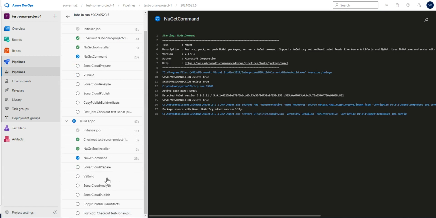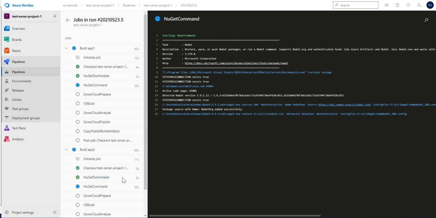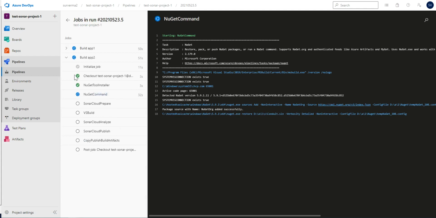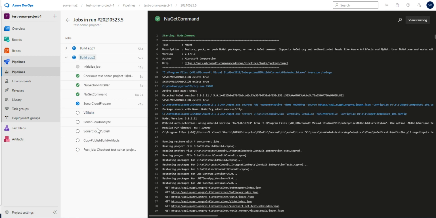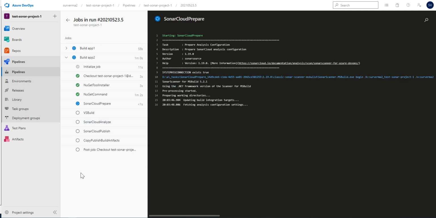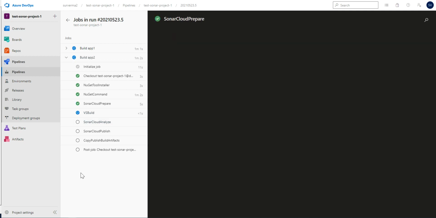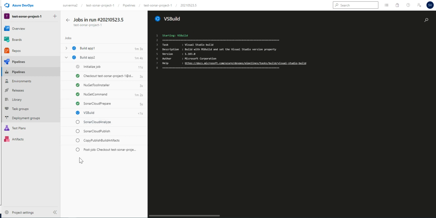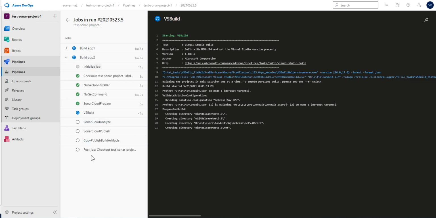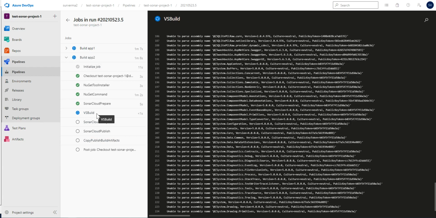So we can see both jobs are running in parallel. Now, because I have a limit of 10 parallel jobs in my free plan for a public project, I'm able to run these jobs in parallel. If I trigger an 11th job at the same time, it will not start. It will only start when one of the earlier jobs ends or stops, right? So this is how parallel jobs work.